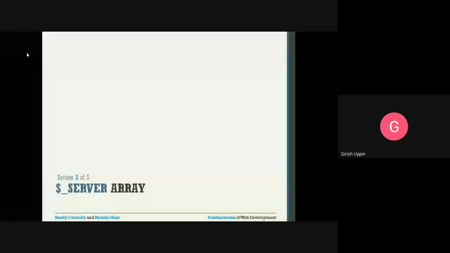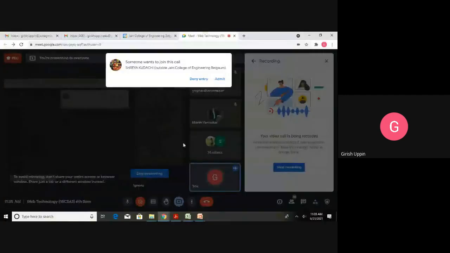In the previous class, we looked into $_SERVER, $_GET and $_POST, how we can extract the header information regarding the form elements, whatever input the user has given, depending upon what method we are using.